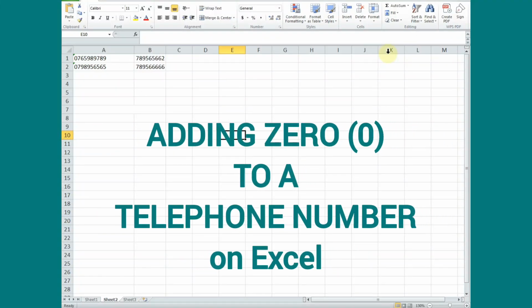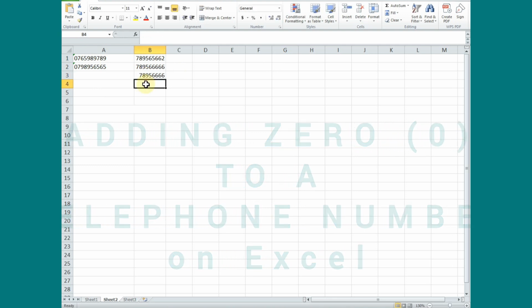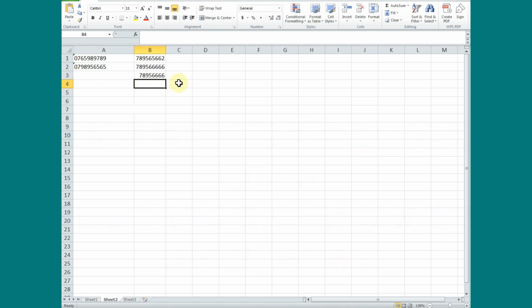In this video, I'm going to show you how to type the telephone number in this manner as I'm highlighting here. Sometimes you want to type a telephone number like this, and then once you click down like this, you find that the zero disappears. I'm going to show you the three methods in which you can type your telephone number so that they can